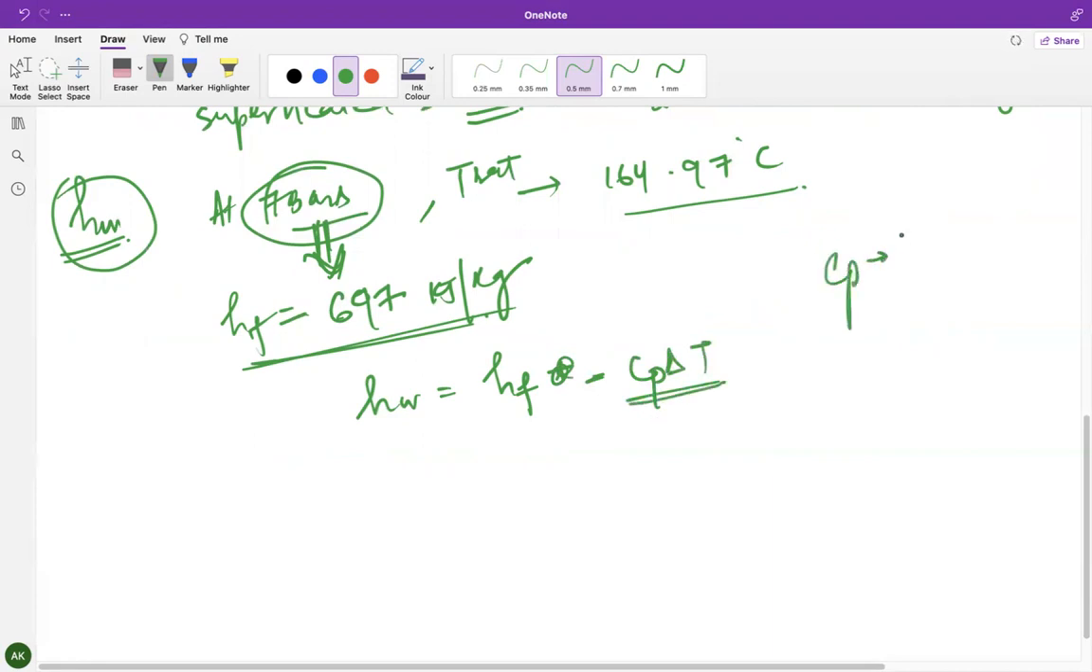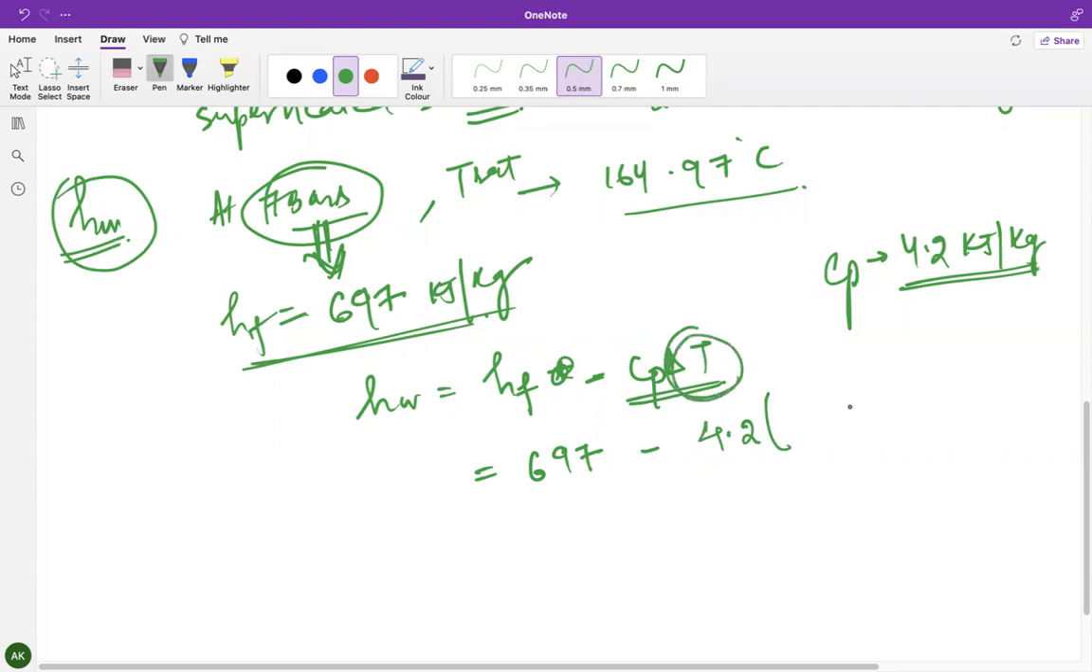Now the value of Cp for water is 4.2 kilojoules per kg. So the hf for water is 697 minus Cp of water, 4.2. What is the delta T? It is the saturation temperature, which is 164.97, minus your 40 degrees Celsius, which is the temperature. So this comes out to be